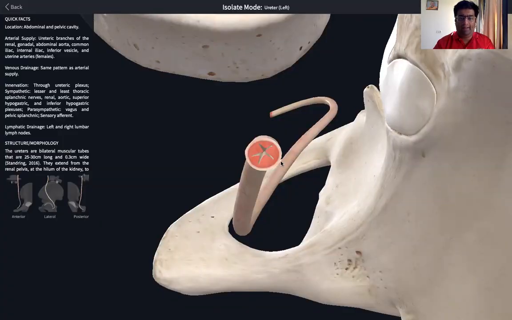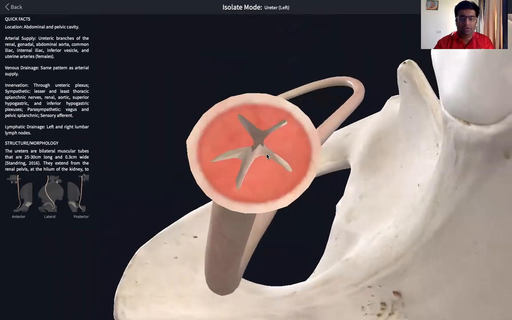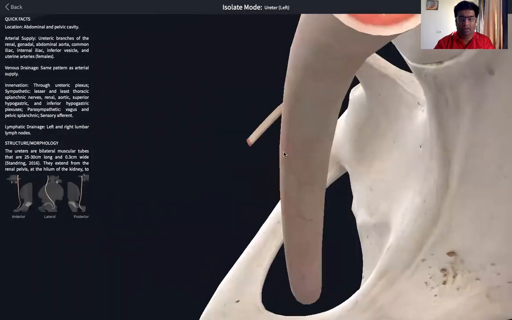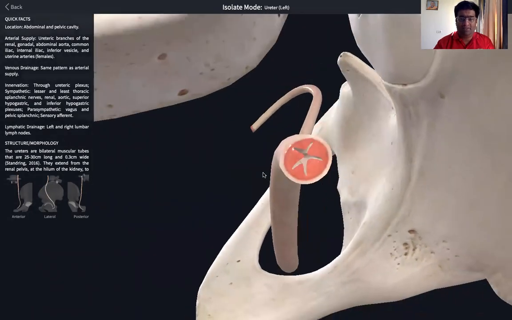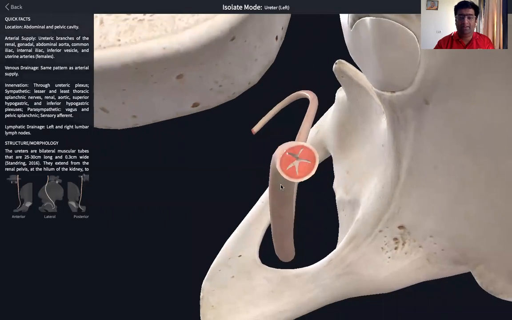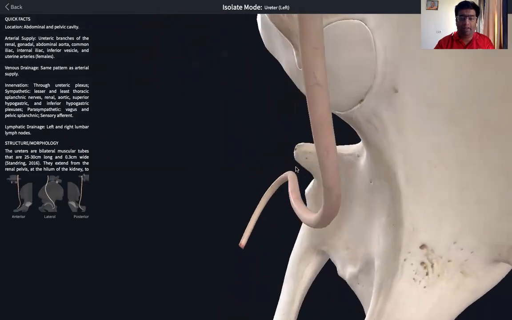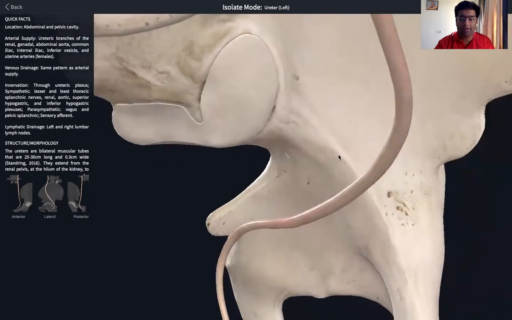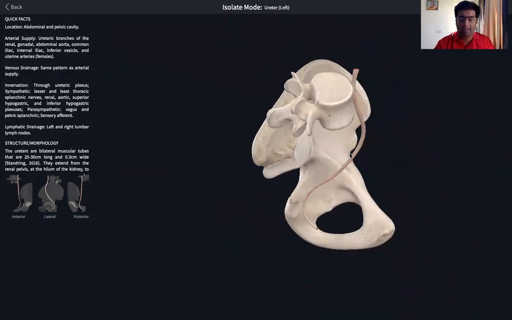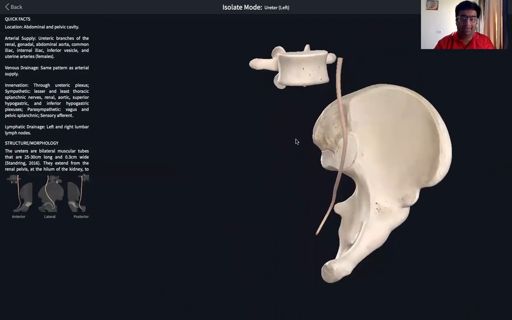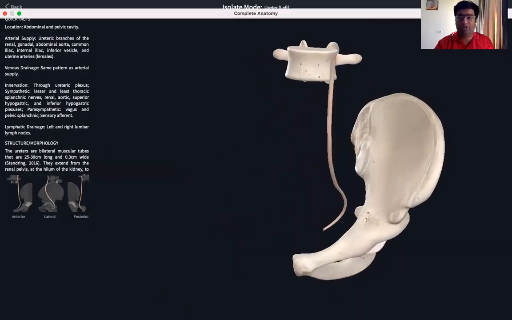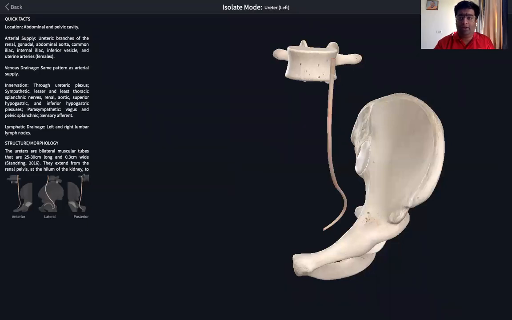Here is one ureter that I have isolated, and you can clearly see that the ureter shows the presence of smooth muscles, which basically help in generating the wave of peristalsis, the process by which urine is carried from the kidneys up to the urinary bladder. So you can see how the ureters are running obliquely in this section here. And the ureter throughout in its internal wall will be lined by smooth muscles, which help in generating the wave of peristalsis.